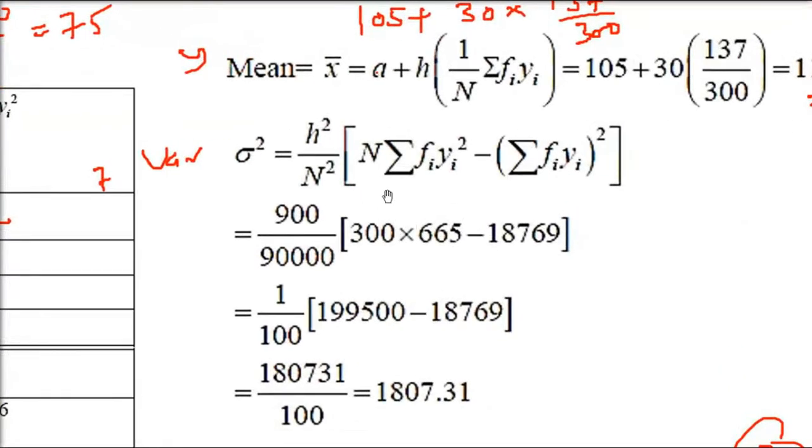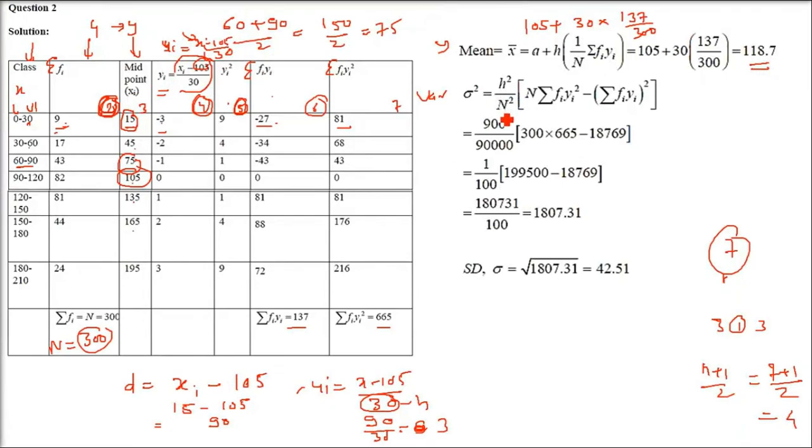The variance formula is somewhat different here. It's just the same. If you multiply n square inside, it will be sigma fi yi whole square by n minus sigma fi yi by n whole square. The actual formula, let me write it here. The variance formula is h square times sigma fi yi whole square divided by n, minus sigma fi yi by capital N, and this whole square. Okay, this is your variance.